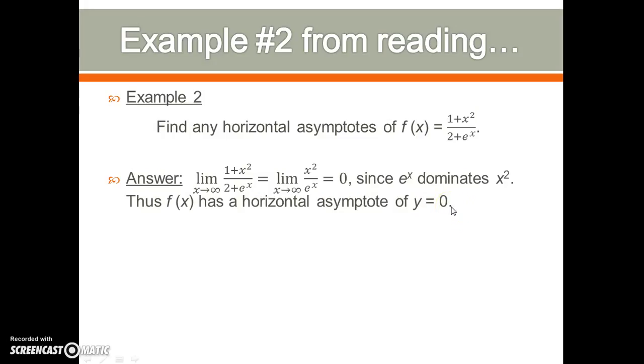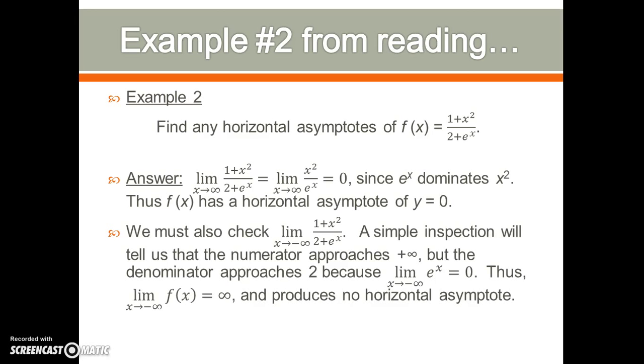How do we justify that? We say the limit as x goes to infinity is equal to 0. Therefore, f of x has a horizontal asymptote of y equals 0. Are we done? No, we're not. We need to check the limit as x goes to negative infinity of (1 plus x squared) over (2 plus e to the x). A simple inspection tells us that the numerator approaches positive infinity, but since the limit as x goes to negative infinity of e to the x is equal to 0, which we talked about last reading quiz,